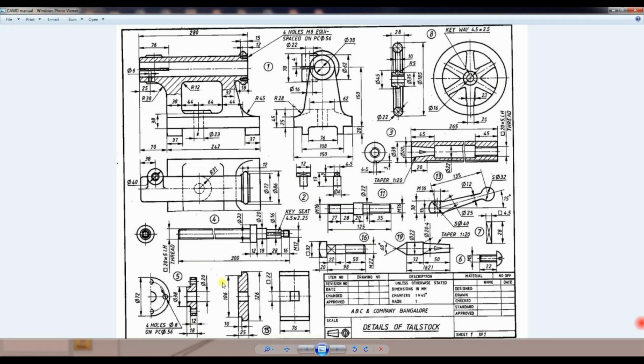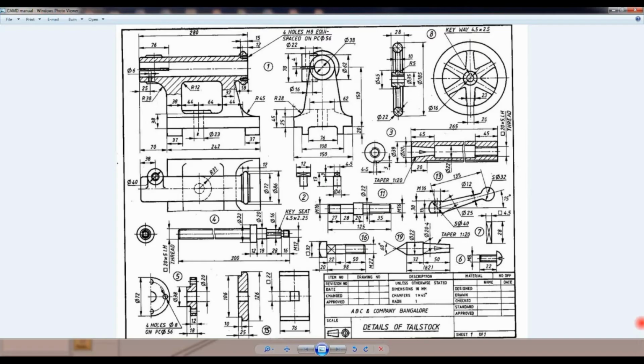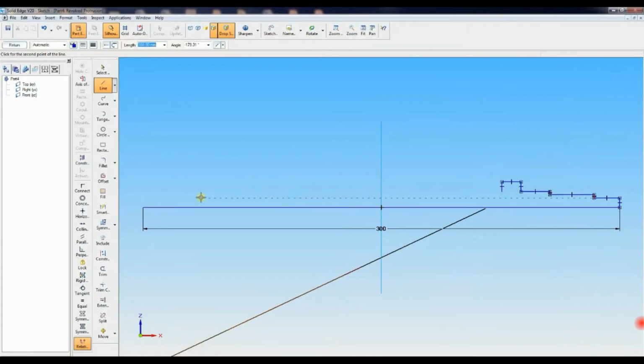Then one more downward direction, 16 minus 10 is 6, so you get a 6 mm downward line. Then draw the line horizontally up to here. Then connect the line like this.